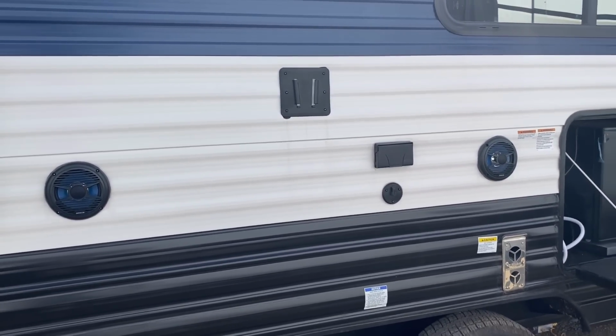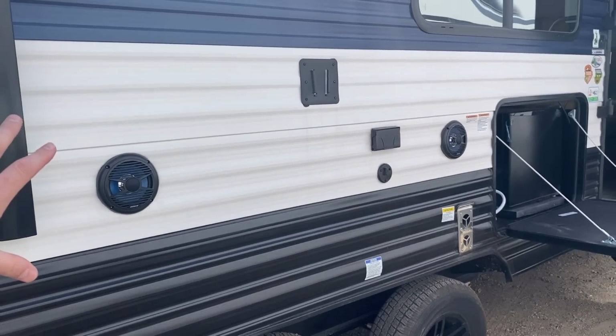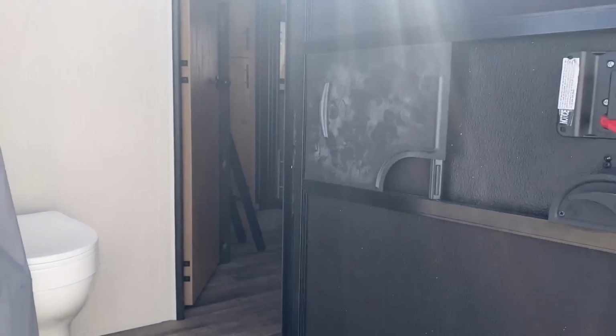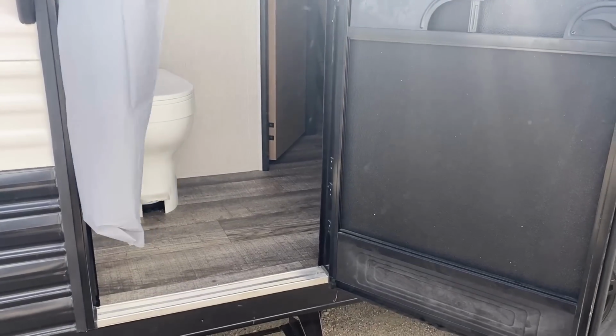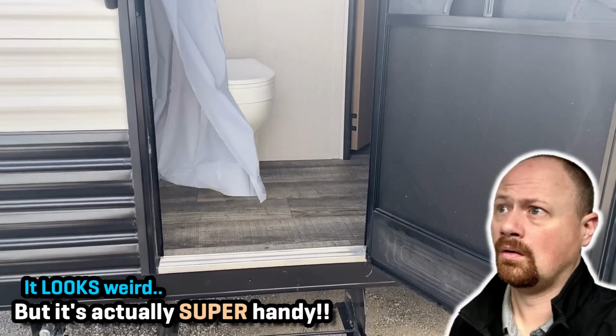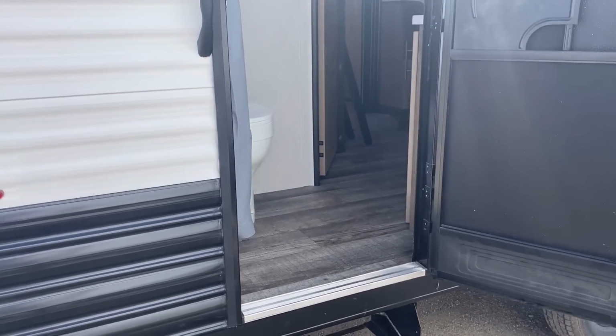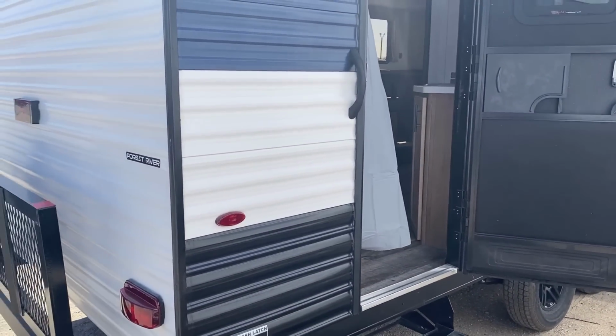We've got the outdoor entertainment center here with the speakers down to your chesticles. And as I back up, this is something where if you've never had a camper, I get it. Open the door and you see a toilet. I get that it looks and feels really weird. Here's what I can tell you. It is ultra useful in an RV,